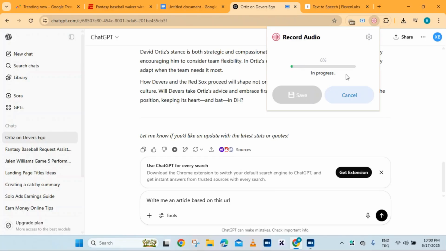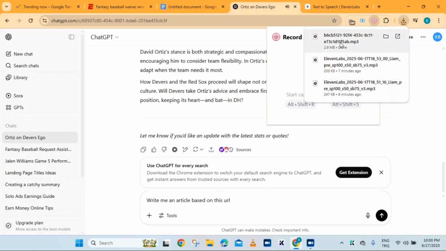and it's in progress. It has finished recording your audio. Then the next step is to click here, save. Let me show you an example of what you have done here. Then if you click there,